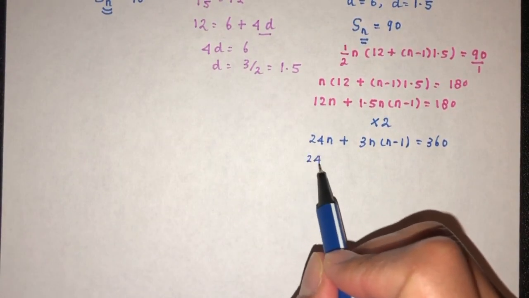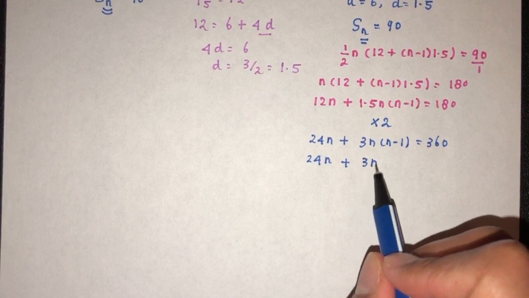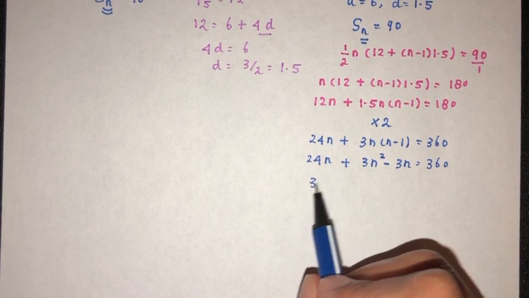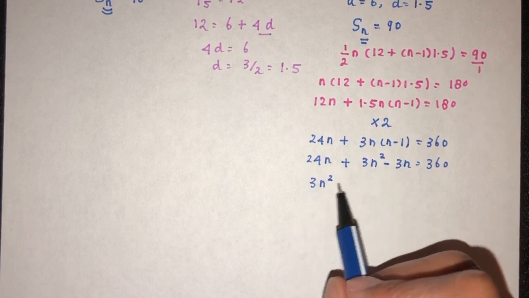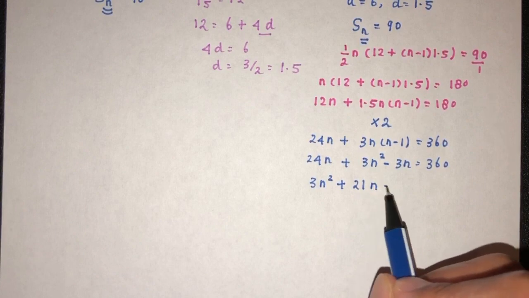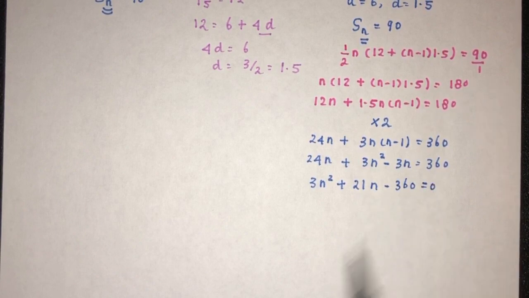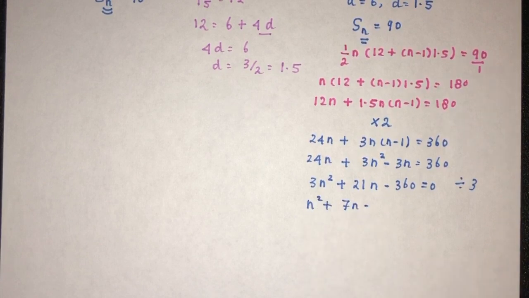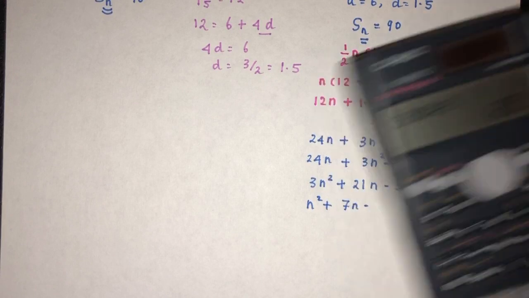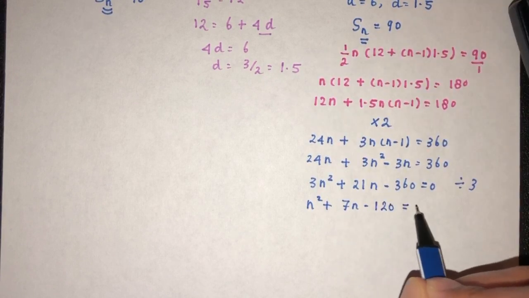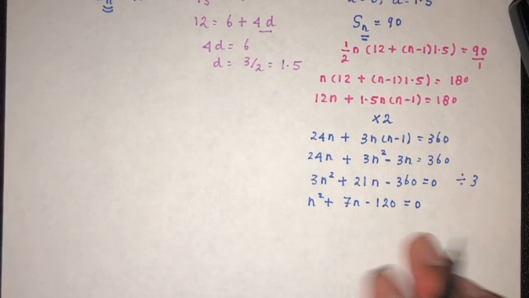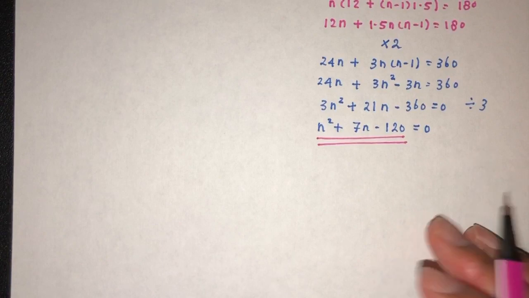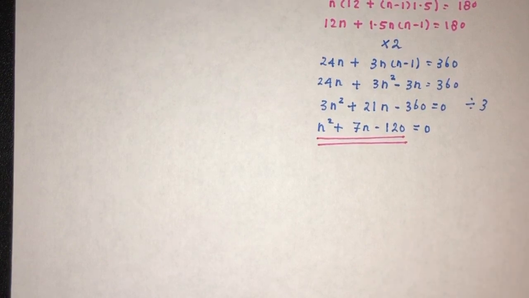Now let's continue. Now we have 24n plus the value of 3n squared minus 3n. That will be 360. Now 3n squared was what? 24 minus this, that will be plus 21n minus 360, divided by the value of 3, that will be n squared plus 7n minus 120. Okay, so now we have to find the value of n from this equation. So step by step. Again, you can use factorization, it is up to you, or we can use